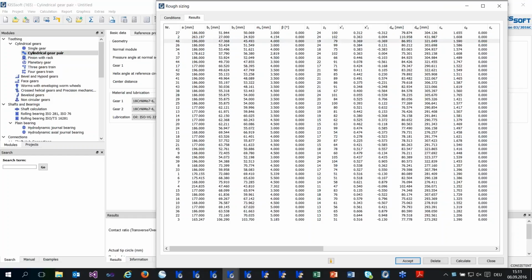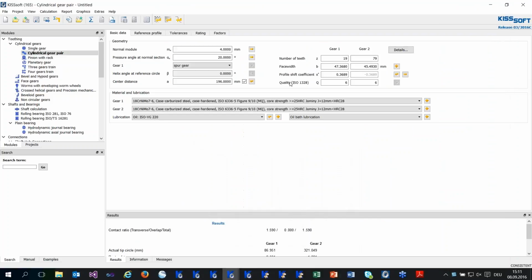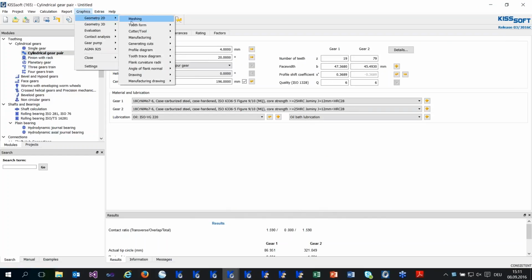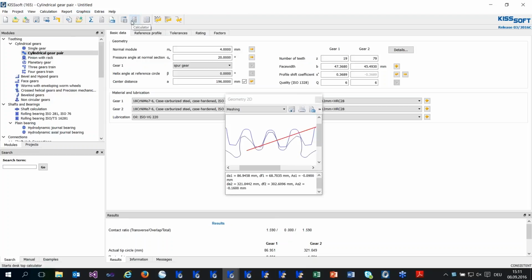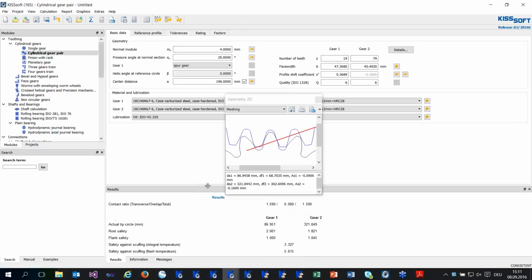if I do a double click on the solution, I can still let open the window and I get this solution back automatically. I can have a look at the already calculated results, I can have a look at the meshing, I can have a look at all the other results. You see, here we were very near to 1 for safety. The root safety has a little bit more